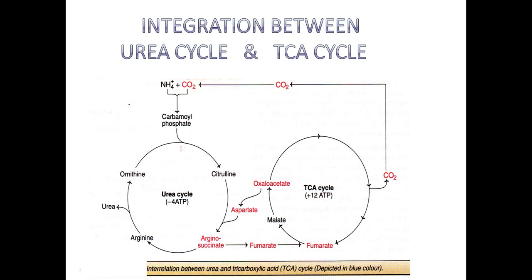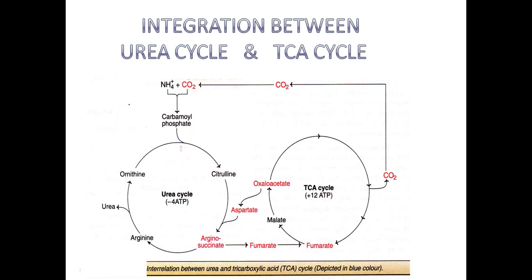These two are interconnected. Not only the urea cycle and the TCA cycle, in the body many metabolisms are interconnected. Each metabolism is interconnected somehow. That is why it is a very complicated process to understand. So here in this class, what you have to understand is that the urea cycle is connected with the TCA cycle, and some of the reactions of the urea cycle are connected with the TCA cycle. These are called anaplerotic reactions of the urea cycle. Anaplerotic means the regeneration of substrates as and when it is required.